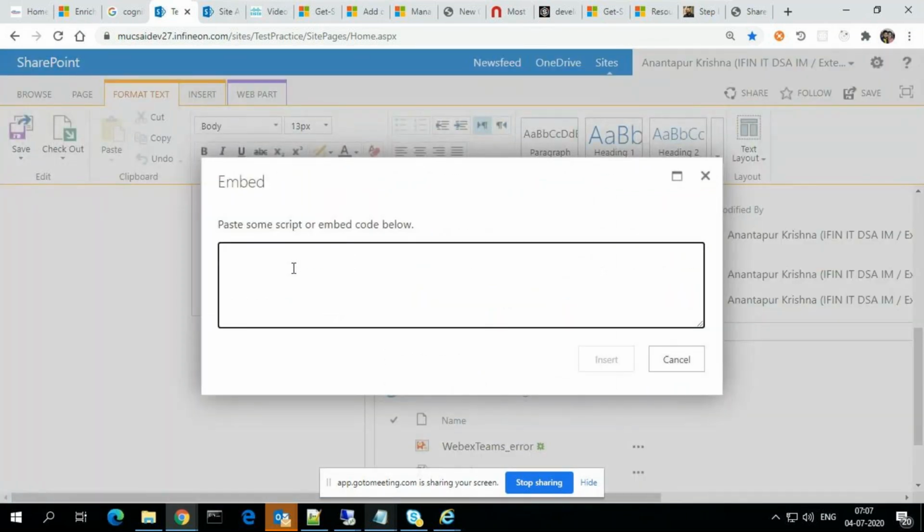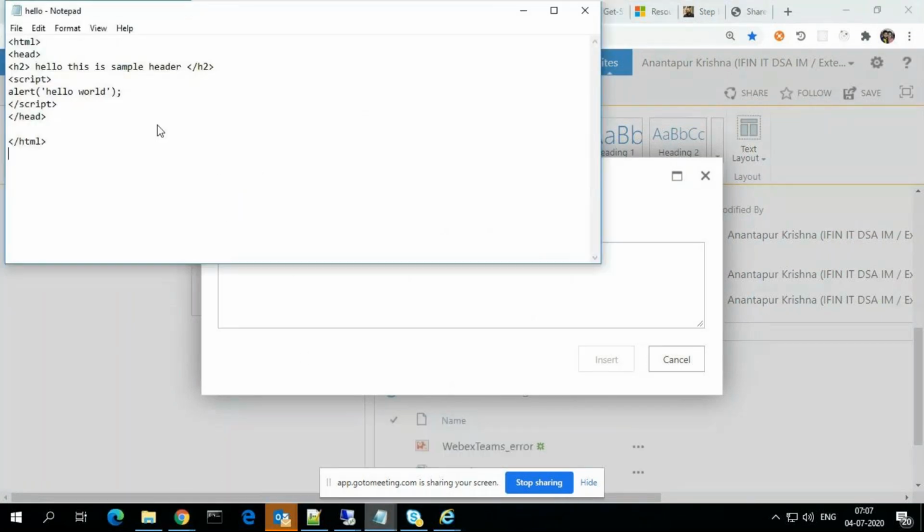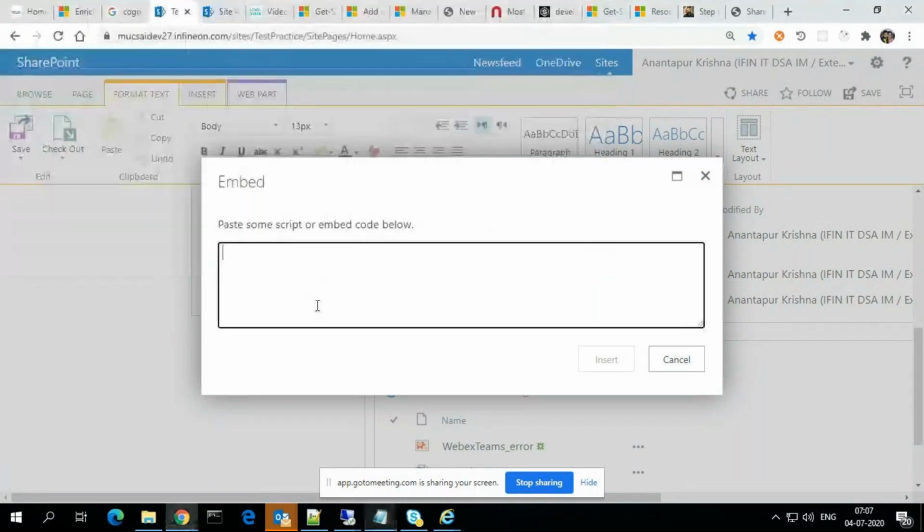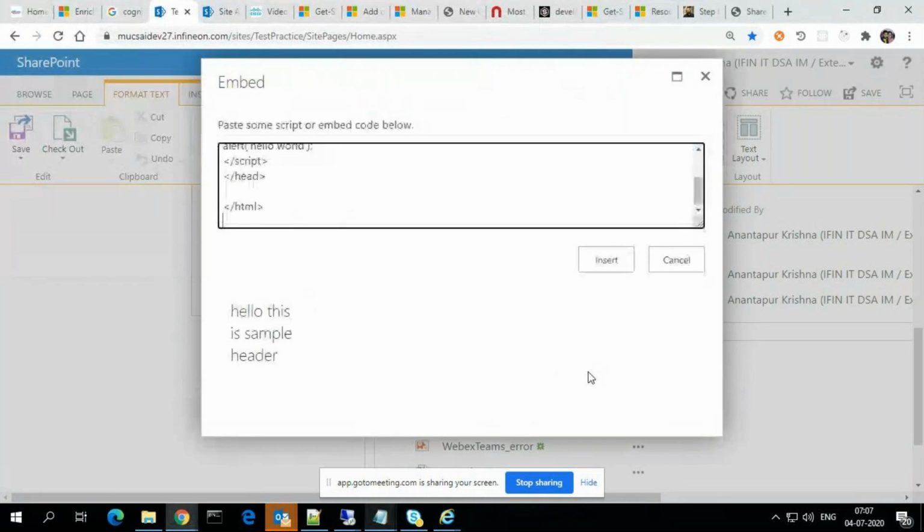So here you can write any script. Whatever HTML script we wrote, we can write directly here. Same thing you can write, and it will work here also. Just copy paste the same thing. Yeah, I think that would be better instead of uploading it separately. Yeah, we can see the view also here.